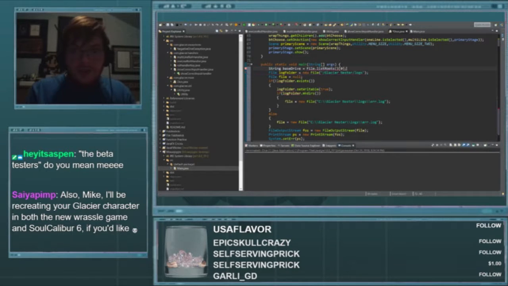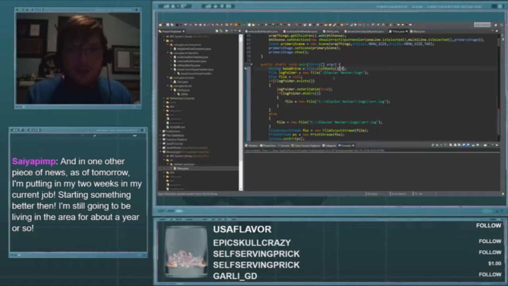So we just go directly to the root drive, is essentially what this means. Is that allowed? Change type of base drive to file. Oh, dang it. List roots 0 dot get path. There we go. That's the string I need. So then,